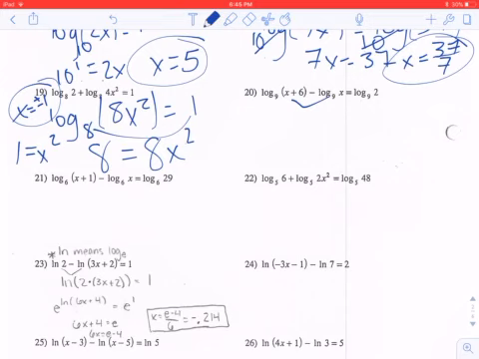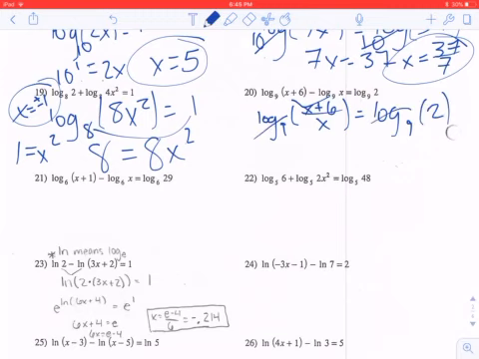Condense these using the quotient rule. X plus 6 over x equals log base 9 of 2. I can drop the logarithms now and use a 9 as the base. Cancels them out. And I get x plus 6 over x